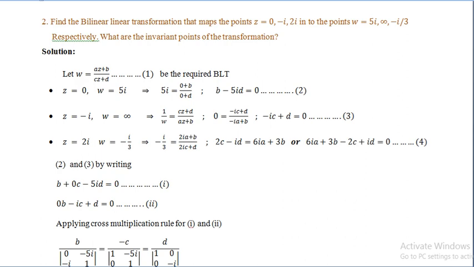So equation number 4. So here we get equations 2, 3 and 4. If you observe 2, 3, 4, only the fourth equation contains the 4 unknown terms a, b, c and d. So you cancel any one of these unknown terms in equation 4 with the help of 2 and 3, and you easily get the values of the unknown terms here. So first, we rewrite equations 2 and 3 in the form of